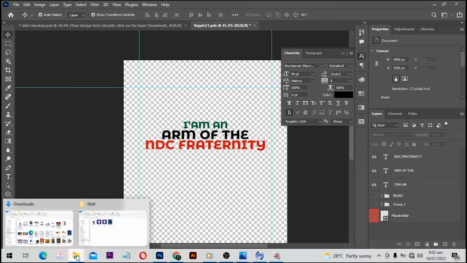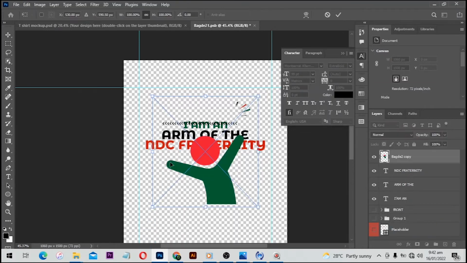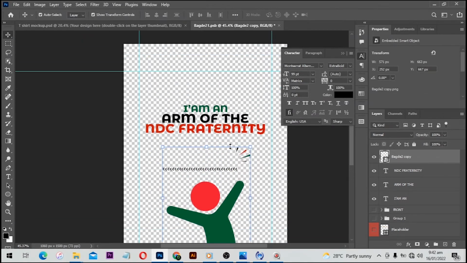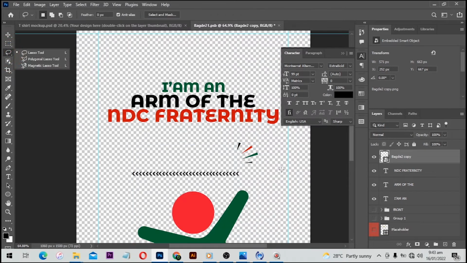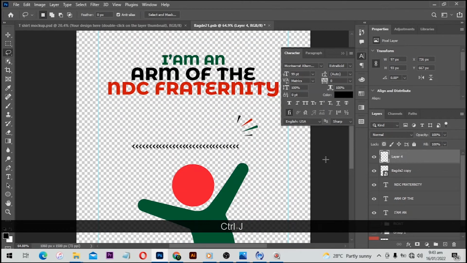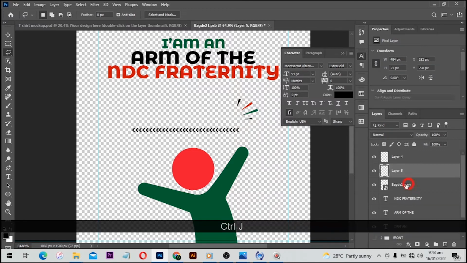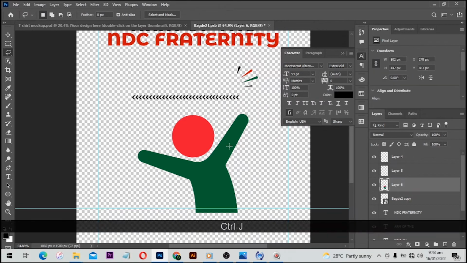Next, I'll open up my project files, and I'm going to get this, click and drag this one into Photoshop. It's already a PNG file, so we don't have to remove the background. Click on OK, and then we are going to make a selection. So with the help of your lasso tool, make a loose selection around this. Ctrl J to make a copy, then select the main layer again and select the lower one as well. Ctrl J to make a copy, and then I'll select the main layer again and make a selection again. Ctrl J to make the last copy.